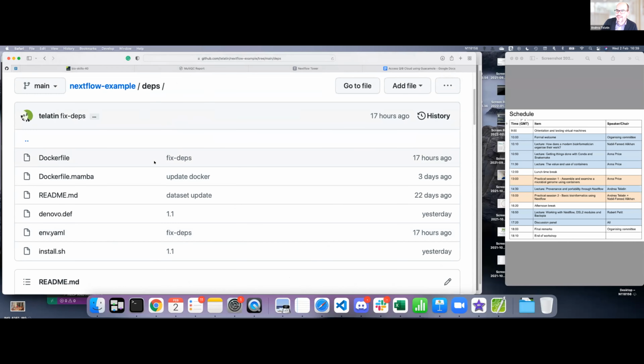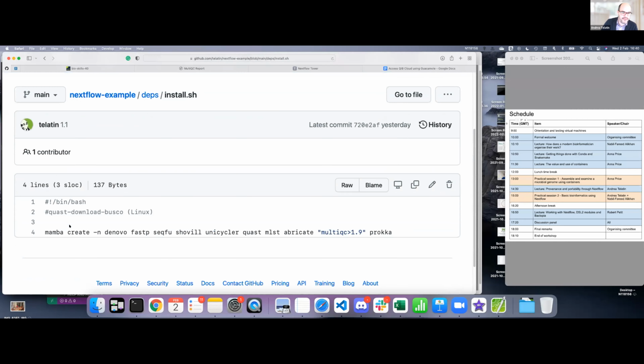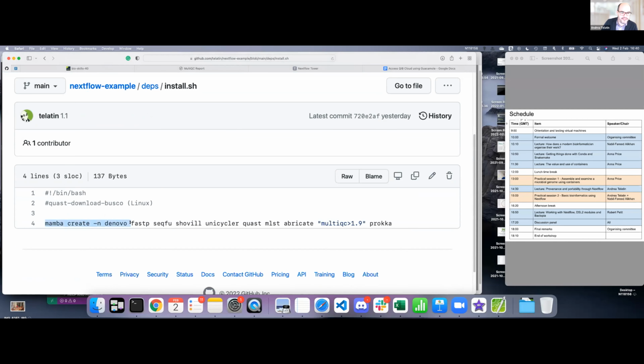The approach here was to create an environment with the tools that I needed, because it's a small workflow. So I created it like this: mamba create -n denovo, fastp, shovill, unicycler. Well, here there are more than I used because I'm still working on something else. And then I created the environment. This command, if I run it